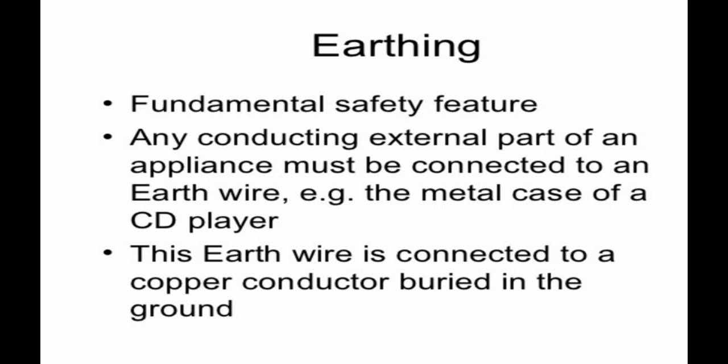Then there are two things: short circuiting and overloading. You can note these down in your notebooks. Short circuiting occurs when the live wire and the neutral wire come into direct contact or touch each other. In this situation, the resistance of the circuit becomes very small, and a very large current flows through the circuit, which produces a large amount of heat.